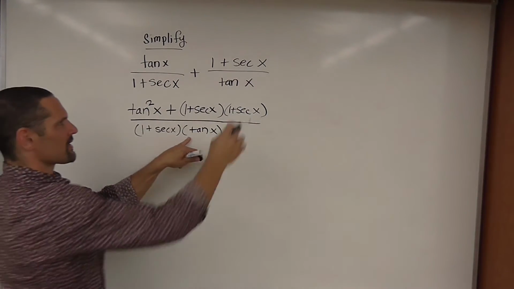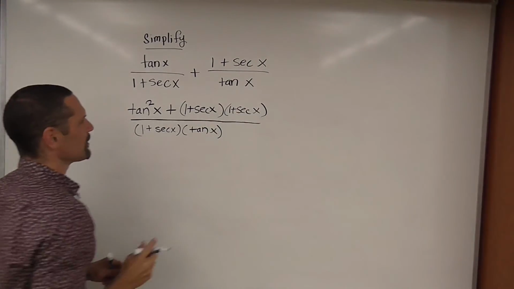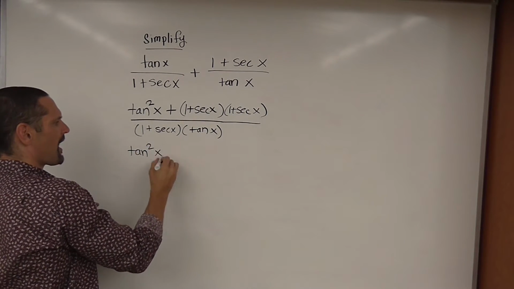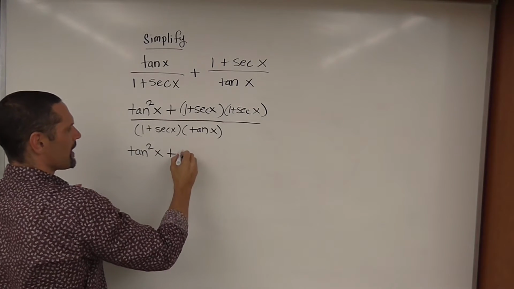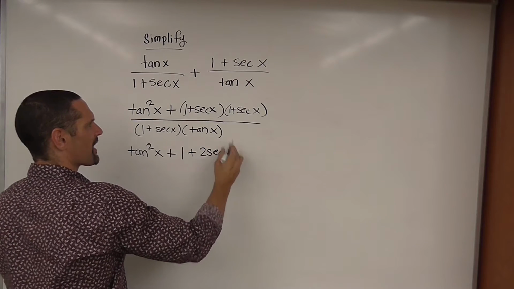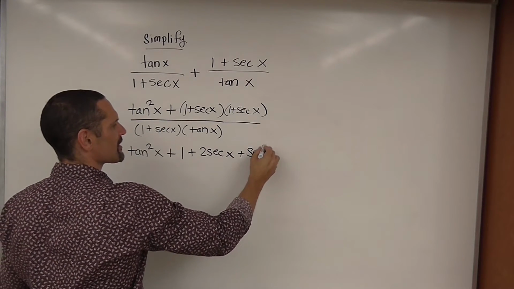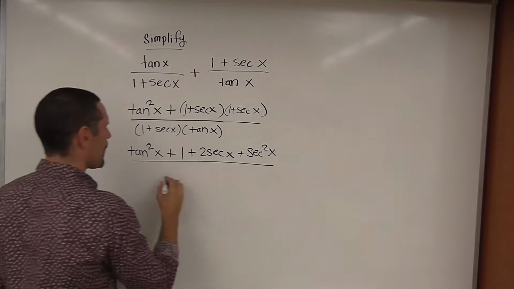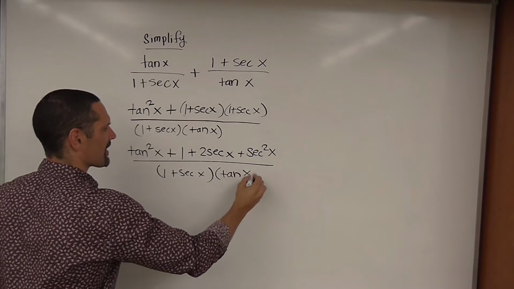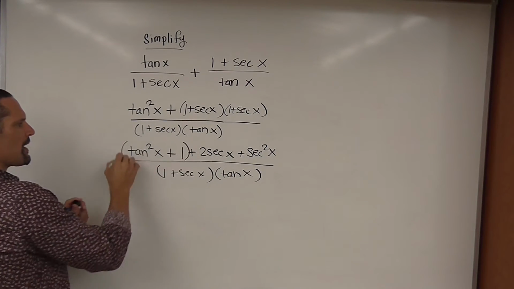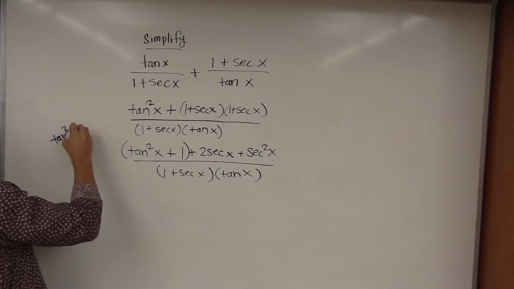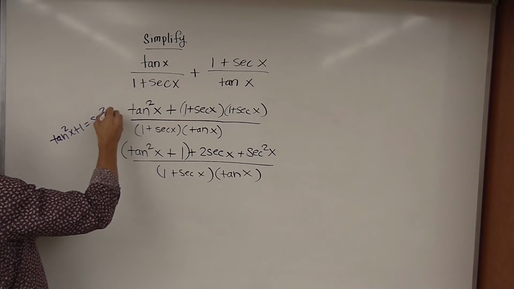This times 1 plus secant x. Whatever I do to the denominator, I must do to the numerator. Now, let's FOIL that. We have tangent squared x plus 1 times 1 is 1, secant x plus secant x gives us plus 2 secant x, plus secant squared x, all over 1 plus secant x times tangent x. And what we can recognize here now, we know from our Pythagorean identity to the side,